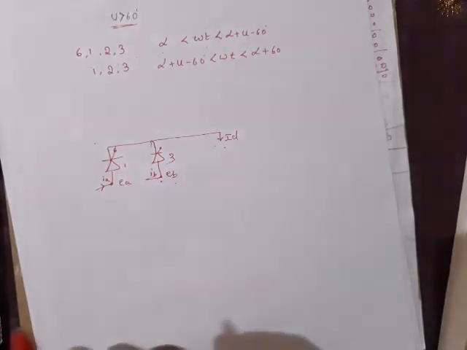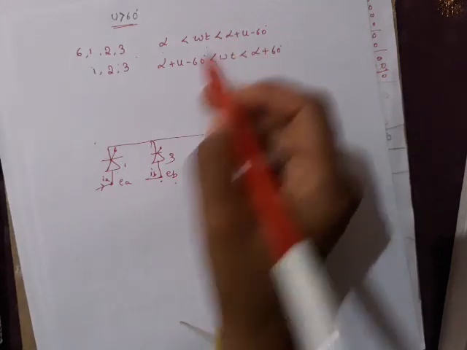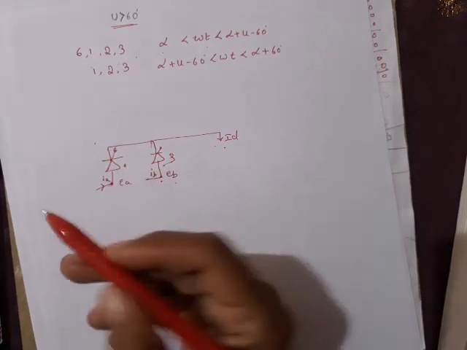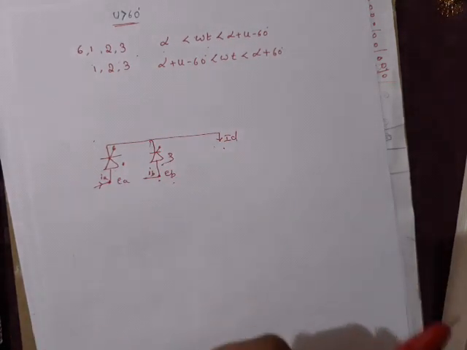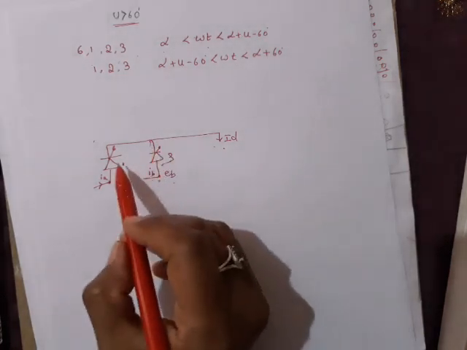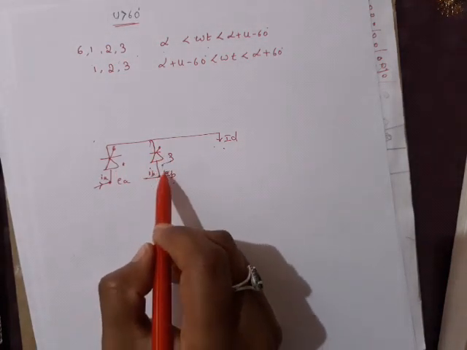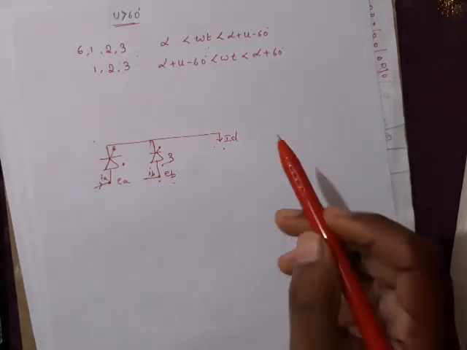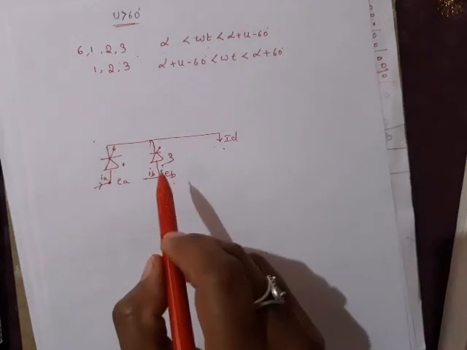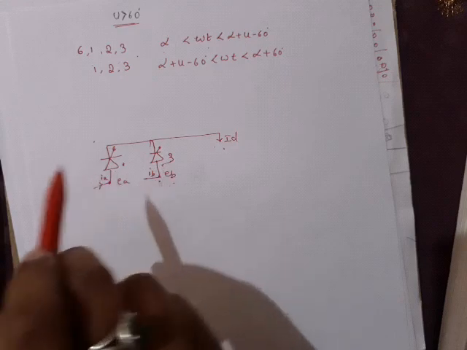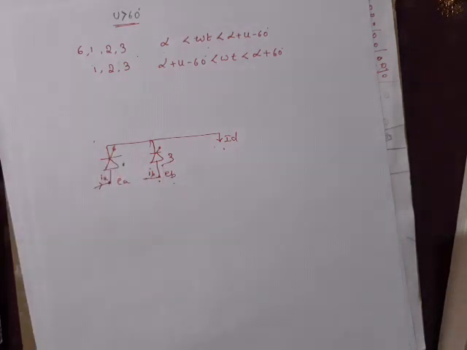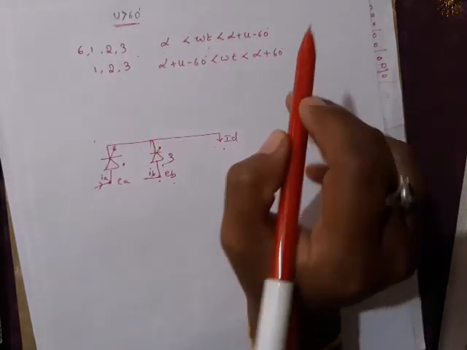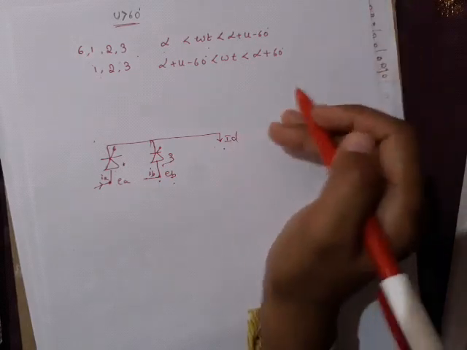This is valve number 3. We need to analyze from when valve 3 enters into conduction to when valve number 1 goes out of conduction. So we have to analyze between those 2 points. Understood? Valve number 3 comes into conduction, but instantaneously it cannot pick up the current. It will take some time to pick up the current. When valve number 3 completely picks up its current, valve number 1 has to go out of conduction. But here valve number 1 is still conducting, so we cannot stop the analysis at this point. We have to continue.